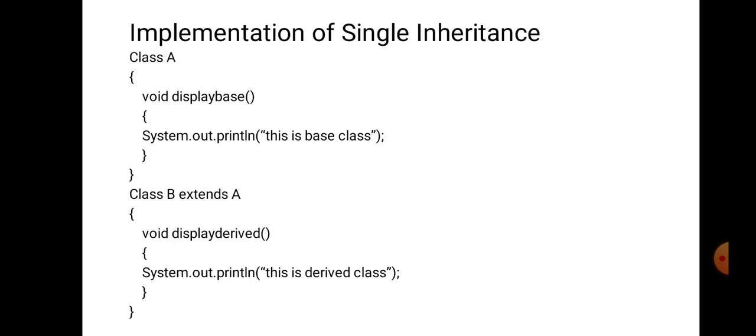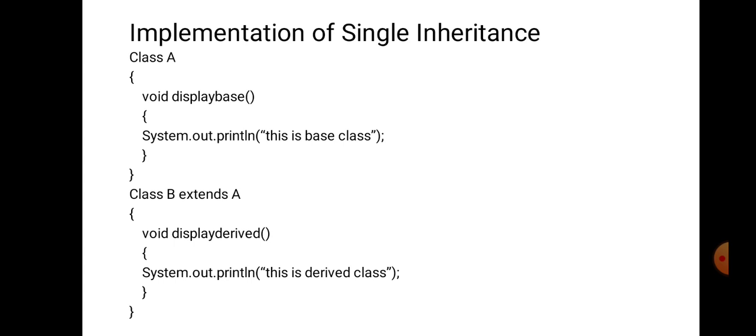This will be the output of this code, because now I had inherited the features of class A into class B. That is, class A is copied into class B. So I will get the features of class A directly into class B. We are inheriting the features. So class B has the features of class A and its new code. So this is the concept of single inheritance.